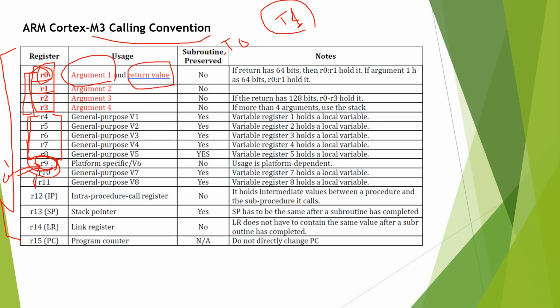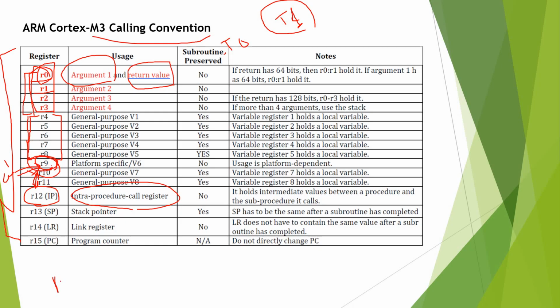R10 and R11 are used as a container for different local variables of a function call. R12 can be used as well as a container for local variable definition, but has also some dual functionality. It means it can be used as an intra-procedure call register, and can be used as well by the linker as a kind of veneer. To explain this,